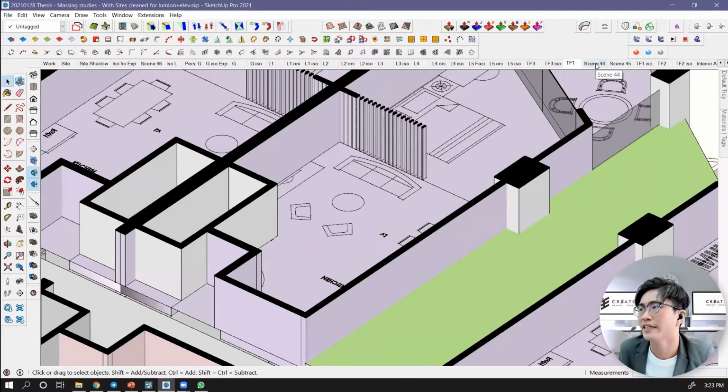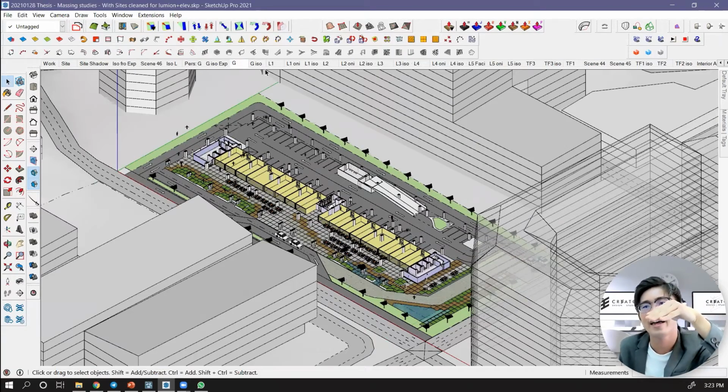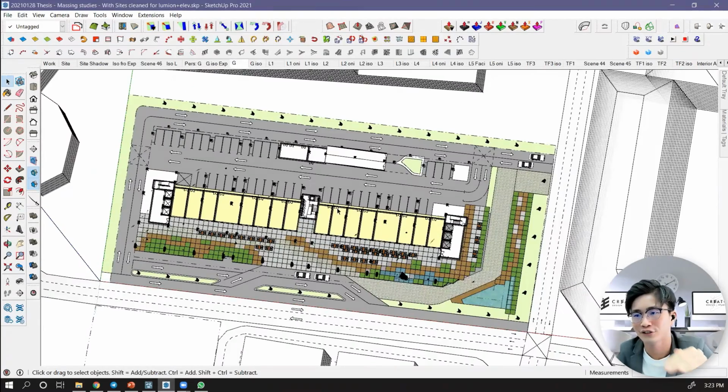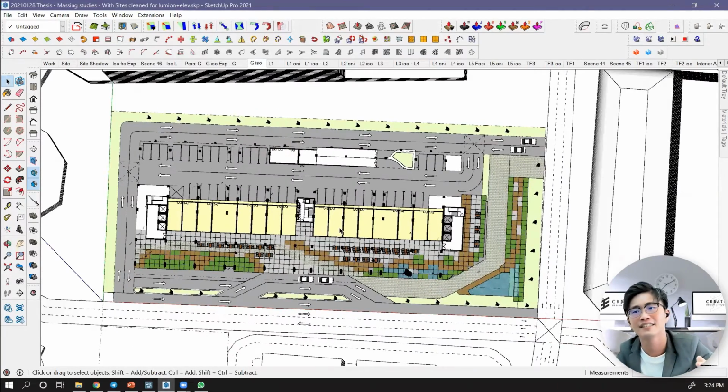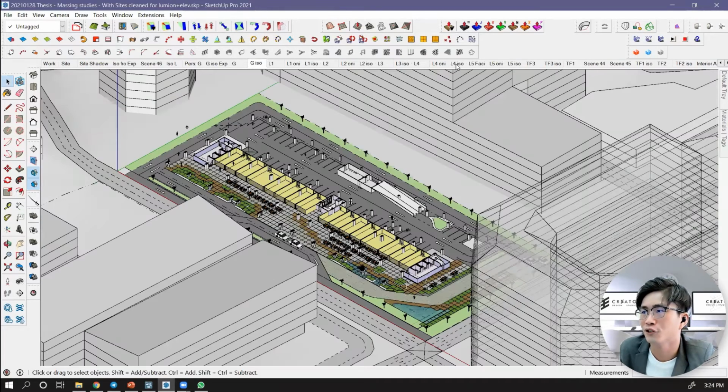Now I'm going to demonstrate how to make these floor plans level by level like this. The ground floor plan was like this from the plan view, and then I also made another isometric view from here. So you can see it's actually cut like this.